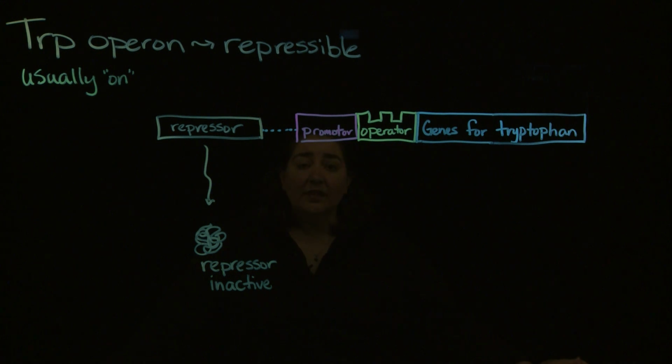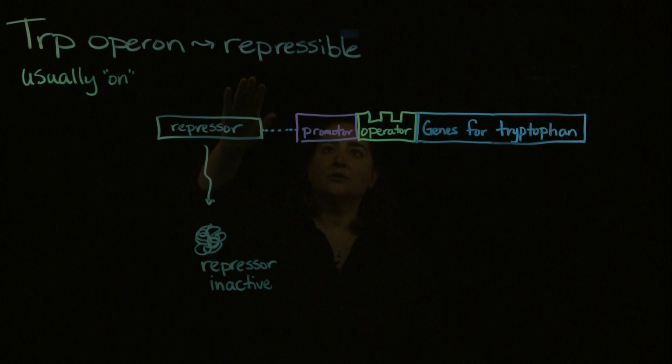All right, so we left off with the Lac Operon, which is our inducible operon. The Lac Operon is normally off. You need to have lactose present in order to turn it on. The other type of repressors that we've got in bacteria are repressible